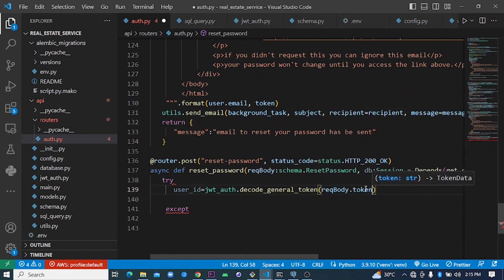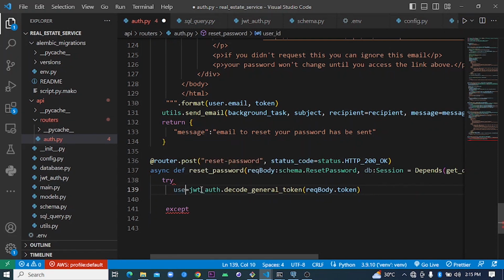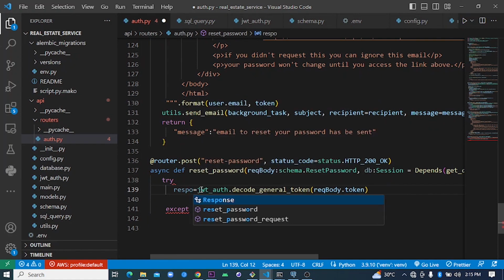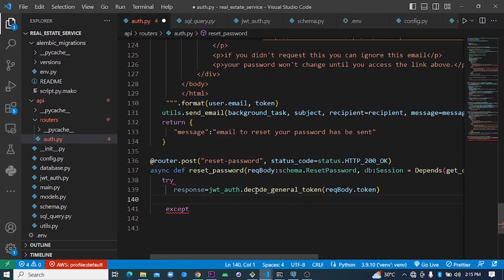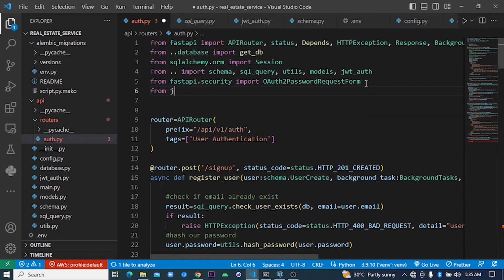All right, so when this decodes, we will have, let me just call it res or respond. All right, back. Sorry, yes, there should be a colon here. Then except, we have a JWT error, so we have to import this from jose. Import